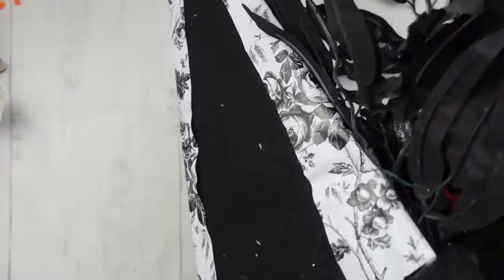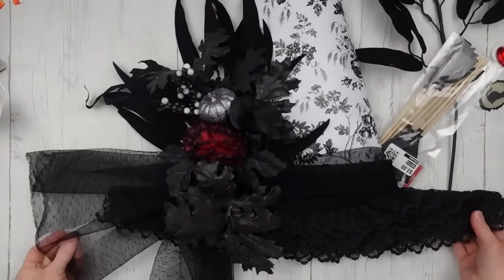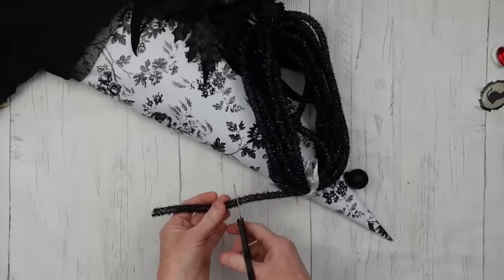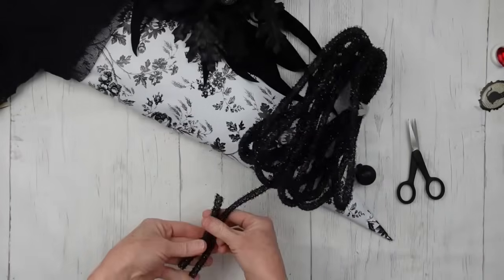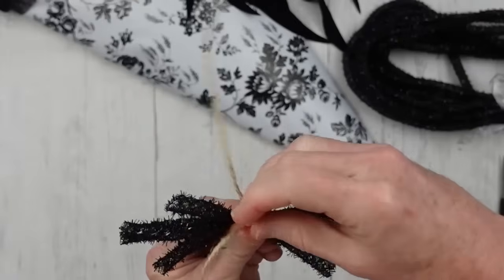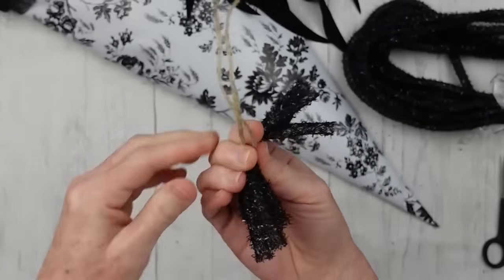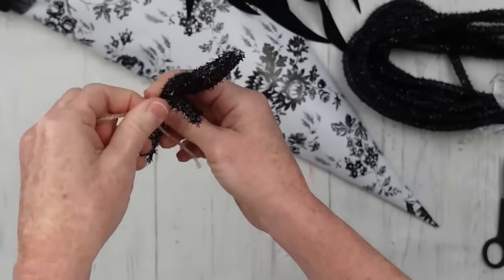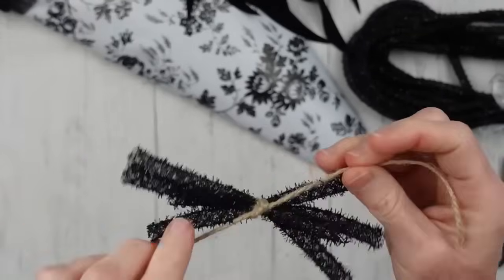It's staying in place quite nicely, just like that. Okay, so now the bottom part of our hat is done. We need to work on the top up there. I've got some of this really cool mesh tubing, and it's kind of spiky or tinsel-y, like it's got little things poking out of it. I don't know what you call that, but I got those from Dollar Tree in the Halloween section, and I thought that's so cute, and it kind of looks like spider legs. So I'm just going to tie those up,